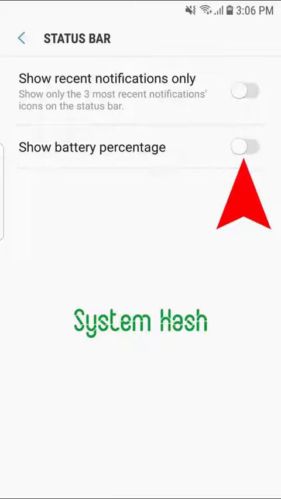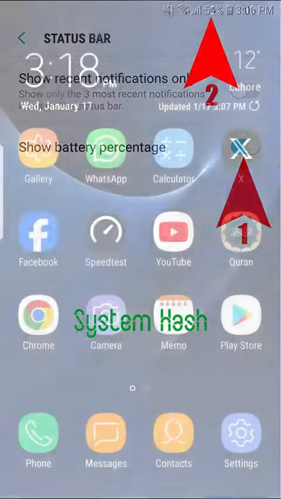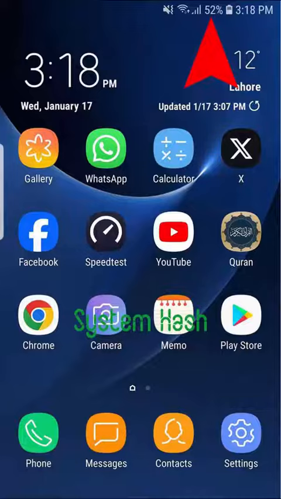It will immediately change the color of the button to blue. See, with the change of color to blue, it will display the percentage of the battery at the status bar. Go back to the home screen and see the percentage of the available battery power is also displayed in the